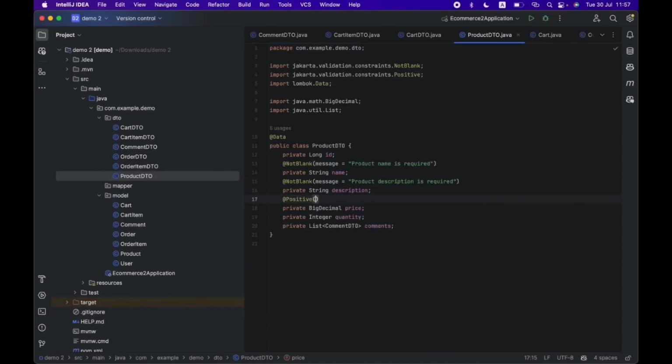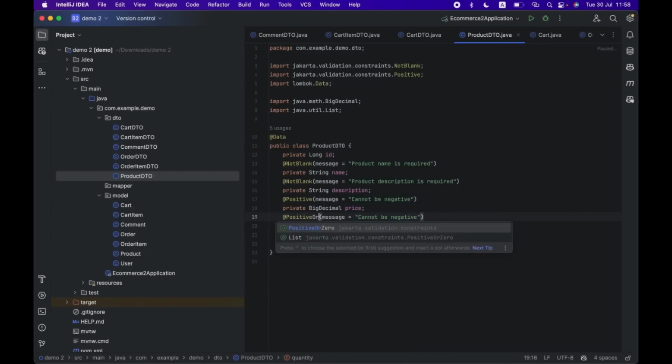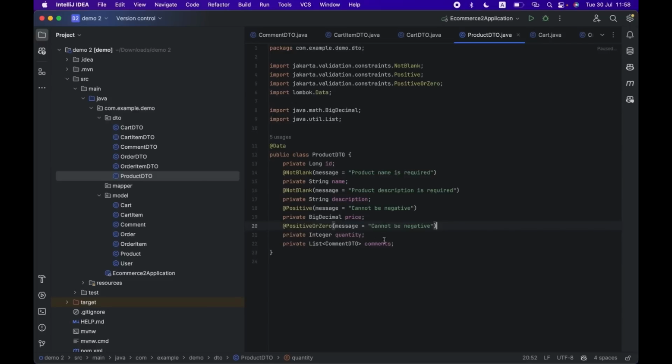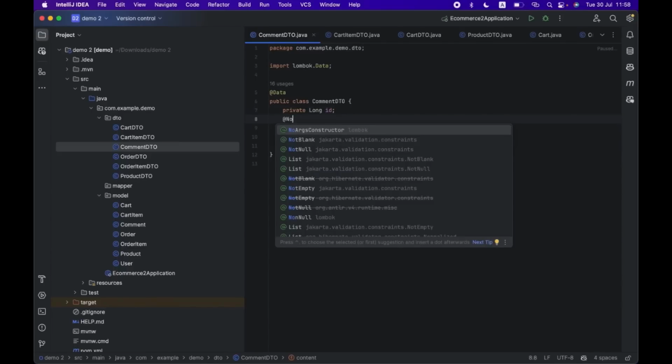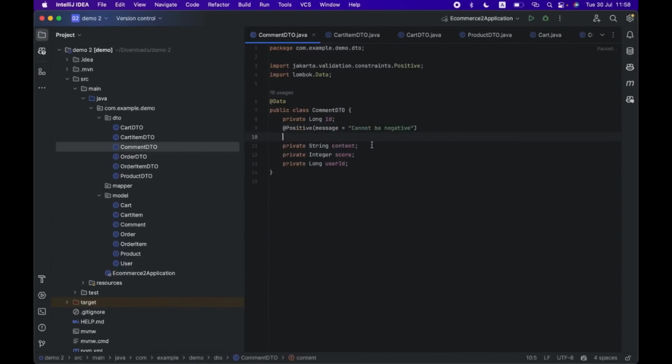Here it means that price can only be positive. It cannot be 0, it cannot be negative, it must always be positive. For example, if someone tries to set a negative number, it's going to return an error and it will not make the operation. The same with positive or zero, which means that our quantity can be 0 or positive only. So in comments,